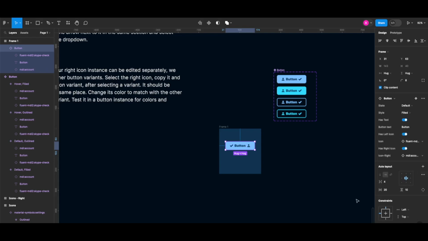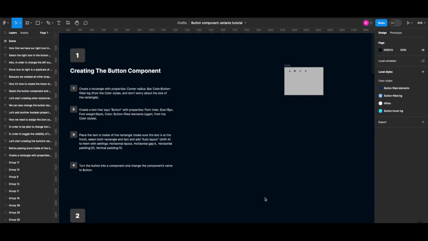So let's get started. I'm keeping the instructions on screen again. Maybe this way, as I said, it can be more helpful for some designers who like to follow the instructions in both forms. We're gonna start with creating our button component, and in order to do that, following the instructions,